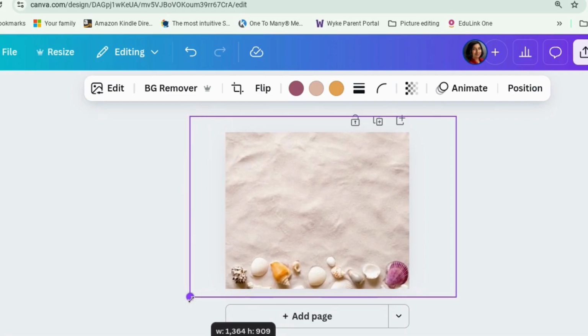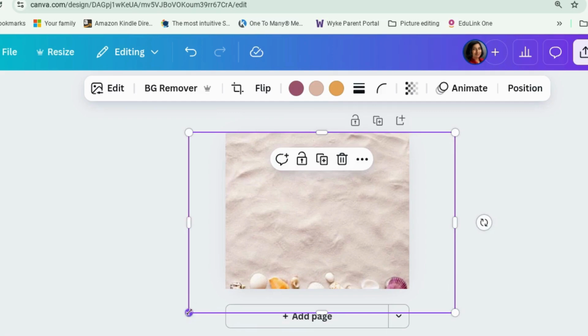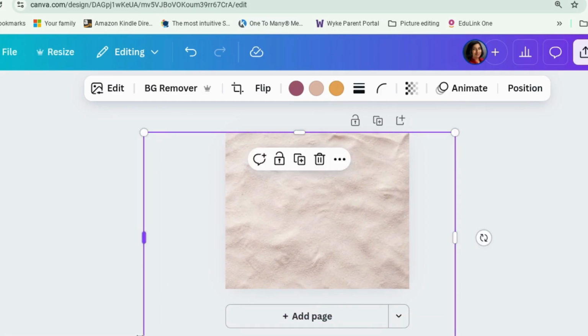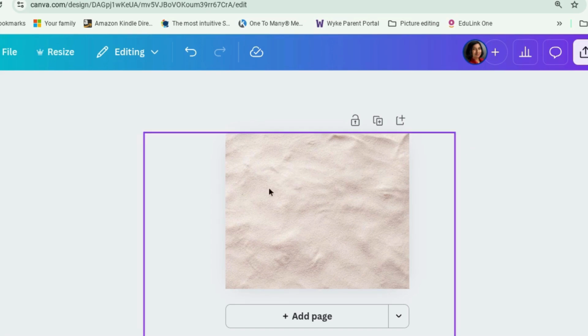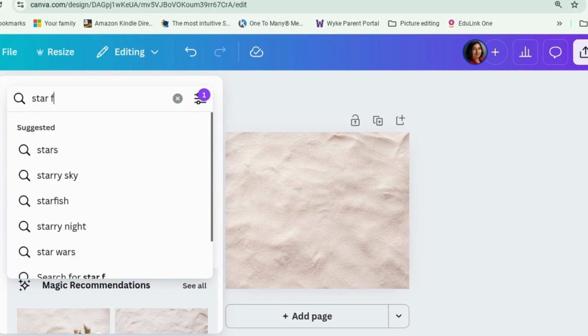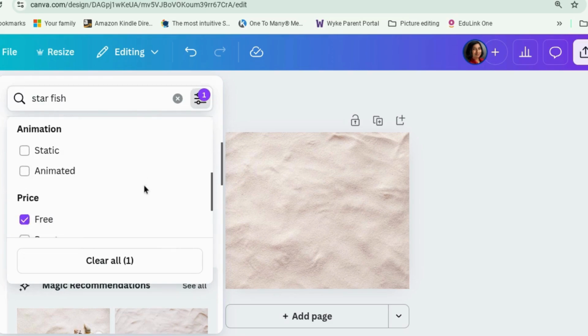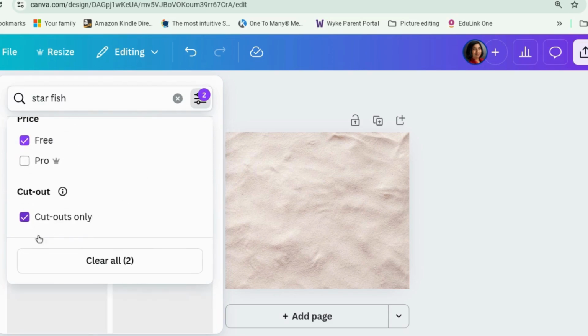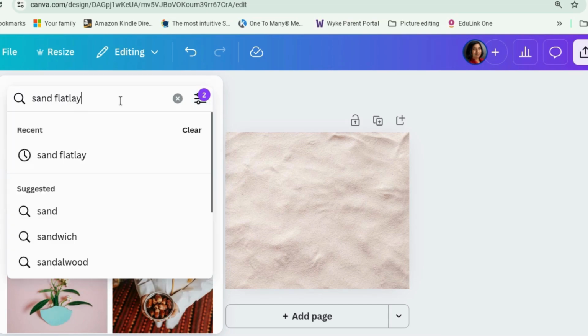All right. So we got some sand, but normally we just use that. But for the purposes of this, we're talking about where we don't have an appropriate image to use. So there, we got some sand, so that's quite a nice background to have. And then we're going to add some, let's find a starfish. And the thing to look for in this is cutouts only. So cutouts only should give you, oh well,